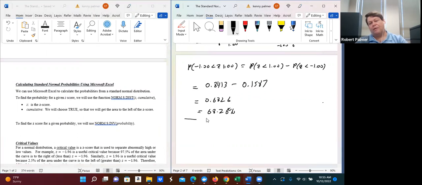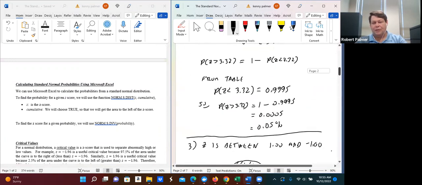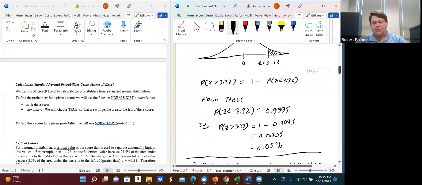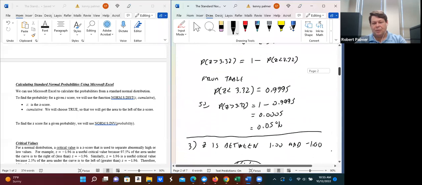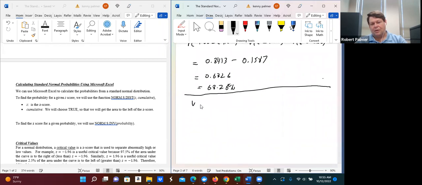Let's go back over here. In fact, I'm going to go back. Let's see if I can go back in each one. I have enough space to do that in each one. This one almost, let's see. So what I'm going to do is go back and do each one with Microsoft Excel and see how